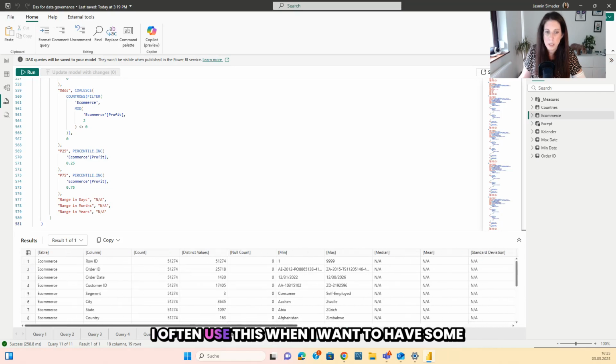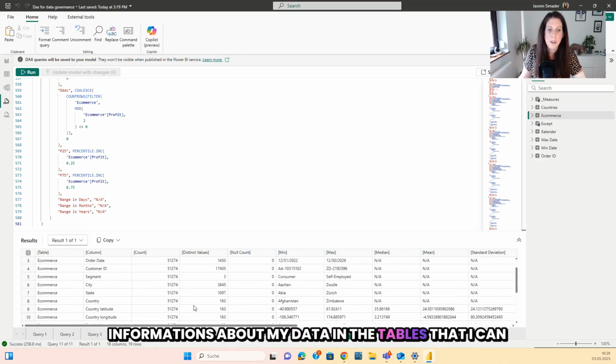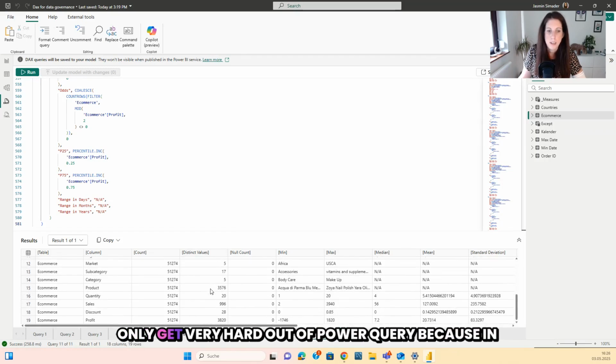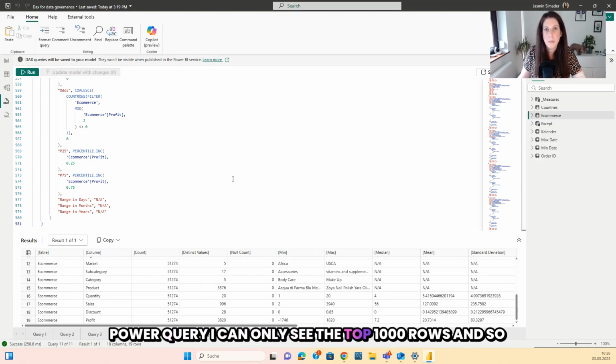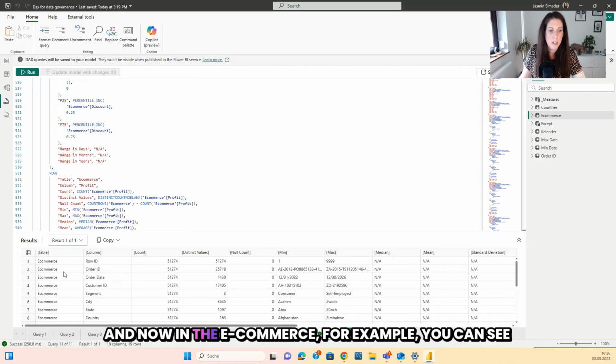I often use this when I want some information about my data in the tables that I can only get with difficulty out of Power Query, because in Power Query I can only see the top 1000 rows. So often this works a lot better. And now in the e-commerce table, for example, you can see that you have 51,274 order IDs, and you have